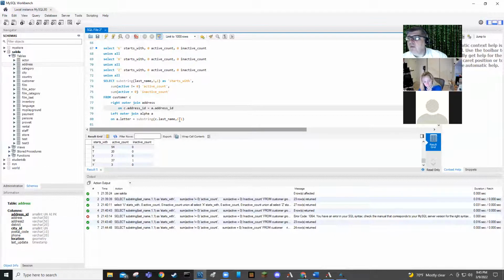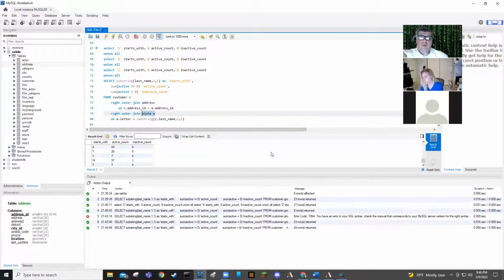with the alphabet table. And remember, when you do the left, wait a second, no, it'd be right. Sorry, this would be right outer join. Yeah, it would be right because alphabet's on the right. So you do that, and then remember when you do the outer join, it gives you everything from the right table and the stuff that matches from the left table. So if you did it this way,